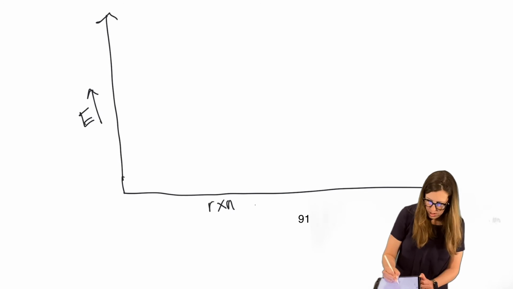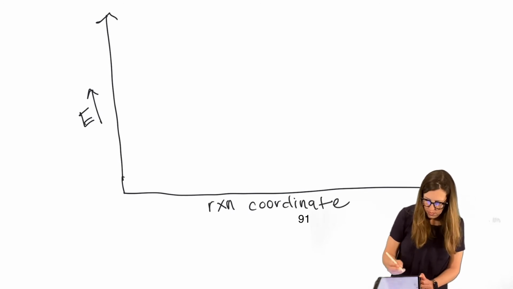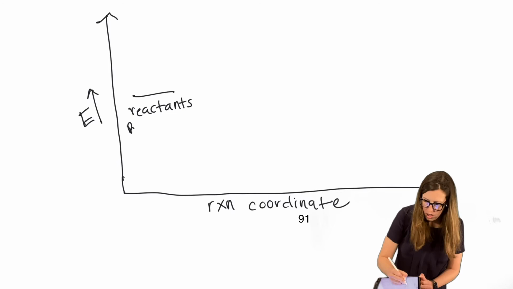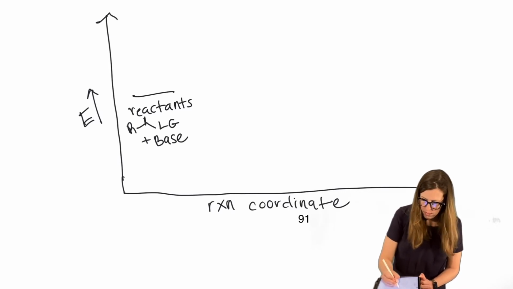This is our reaction coordinate, our reaction profile. Reactants. So we have our R with a Lg and a base. We have our transition state. And then we have our products,